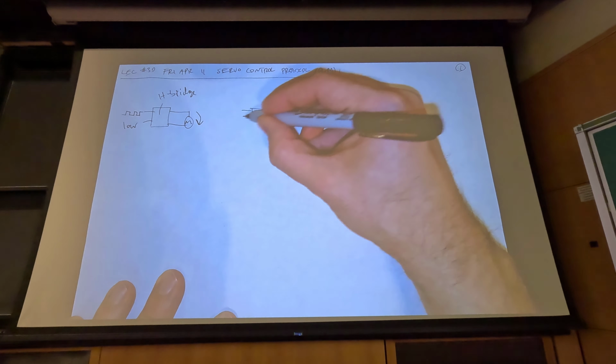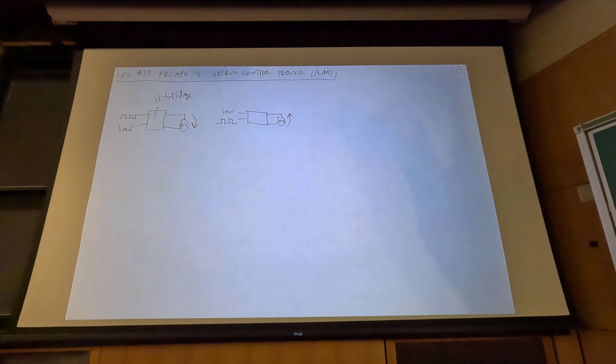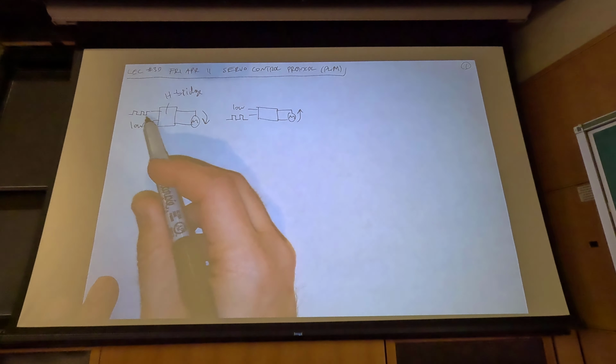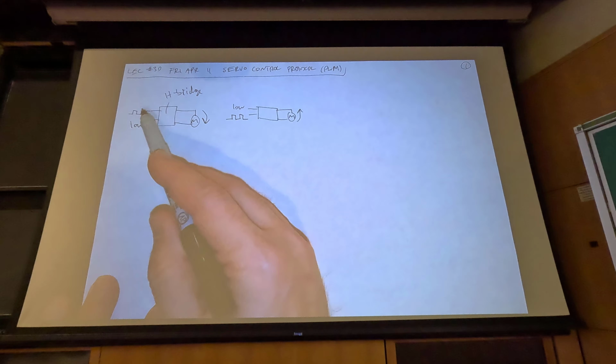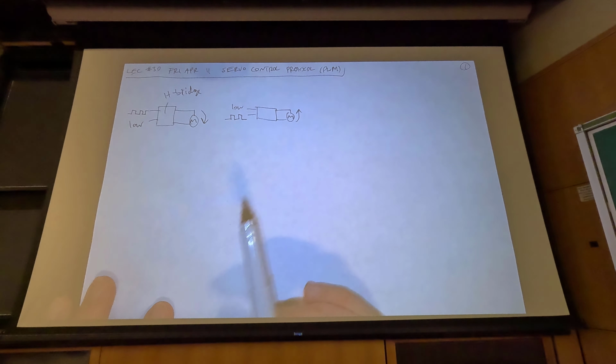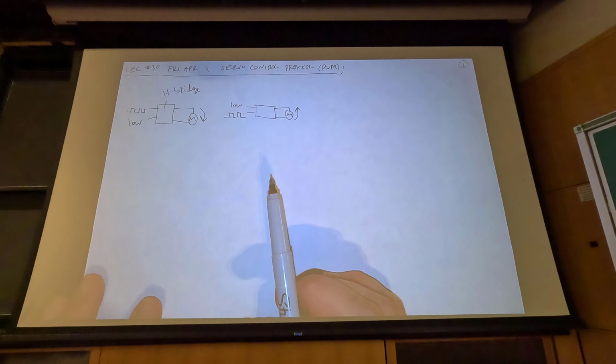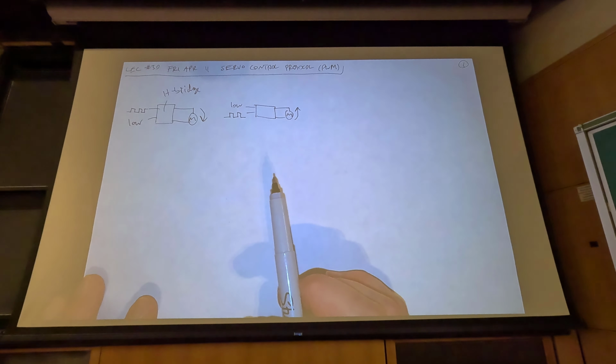If you only want to go backwards at full speed, but you want to control your speed when you're going forward, then you only need one PWM signal. If you want to control speed in both directions, you need two PWM signals. Does that make sense? Okay, and that means if we go back to the code,